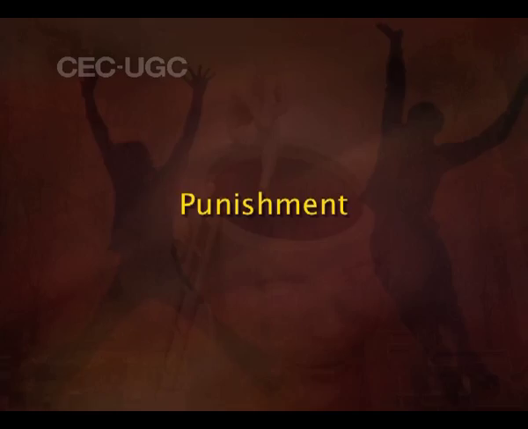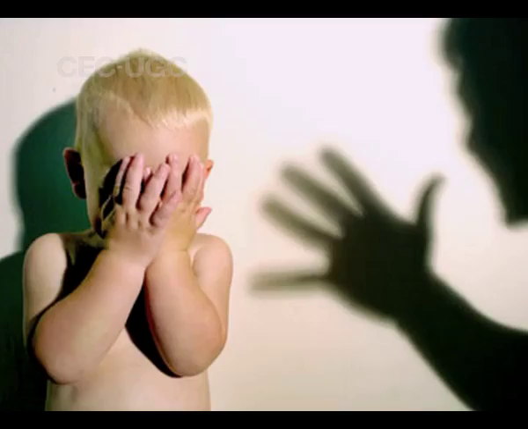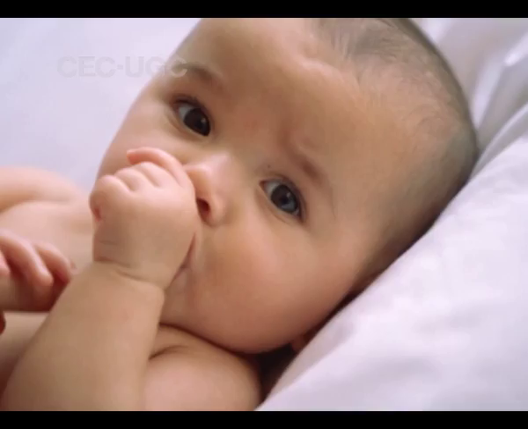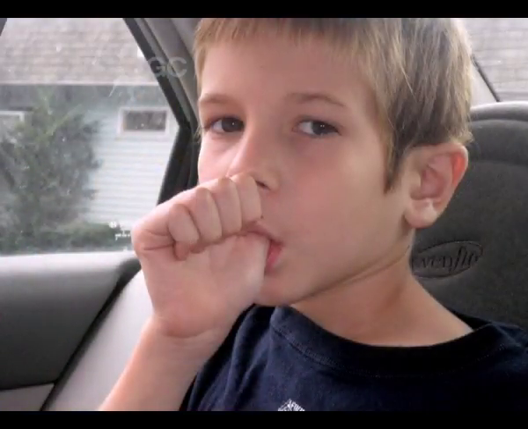Coming to punishment. Punishment is adding something aversive in order to decrease certain behavior. Here the term aversive means unpleasant or something which you don't like, or it can be something which is bitter or sour. For example, if you see a child sucking the thumb, it will be fine, but as he or she grows up, then the child continues sucking his or her thumb, then how will the society look at that child? When the mother is worried about that particular behavior, she tries to change it. How will she change it? She tries to change that thumb sucking behavior by placing a little neem or chili powder on that particular thumb,